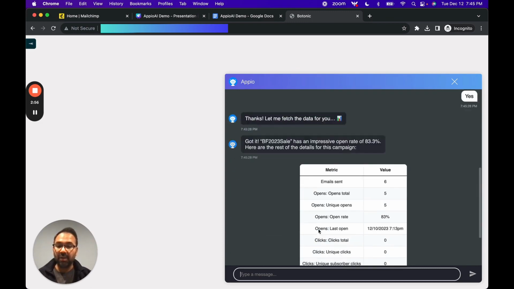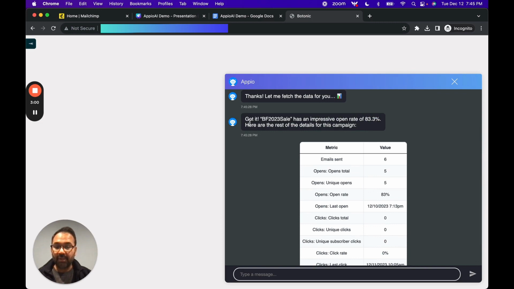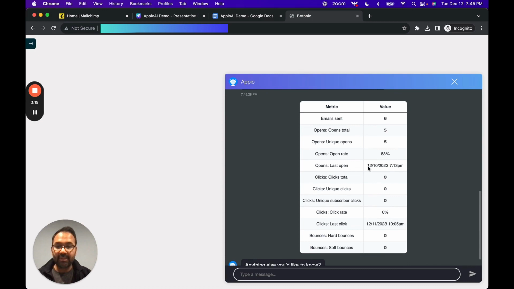Perfect. So now, as you can see, we've gotten the results. The app has made an API call to Mailchimp on behalf of the user for this particular campaign, and it shows an impressive open rate of 83.3%. Then it presents the rest of this data in this data table, and we've curated this output with the set of metrics that we want. So in order to validate this